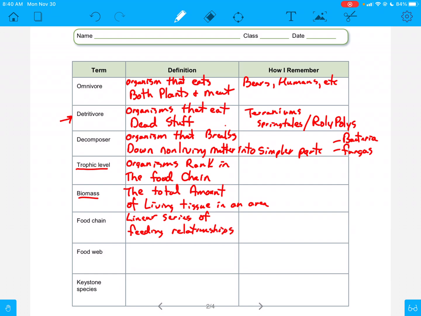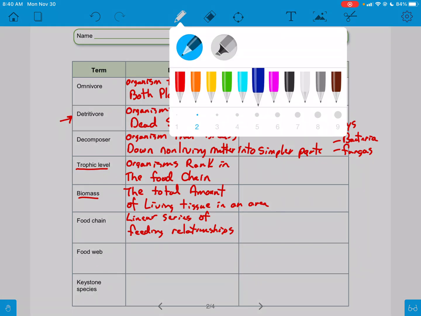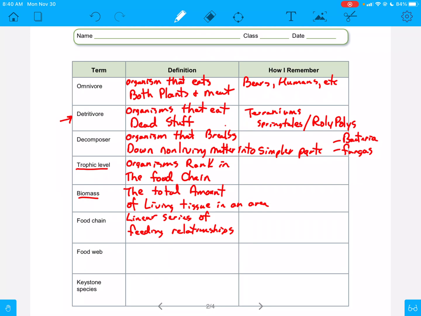Okay, so it's a linear series of feeding relationships. So, let's see, we have the little fish. Well, let's see, we could just draw it, right? Let me erase this real fast. Maybe we'll do this in like blue. Okay, here we go. So we've got the little fish